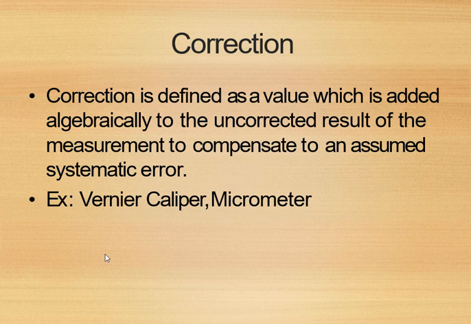Generally you can see this in the vernier caliper or micrometer. Mostly in the vernier caliper we do this type of correction. If you don't know about the vernier caliper, you can search on the internet and study how the correction is done. So this is called correction. Correction means, in short, just compensating for an error, a known error. This is only for known errors. You have to keep this in mind.